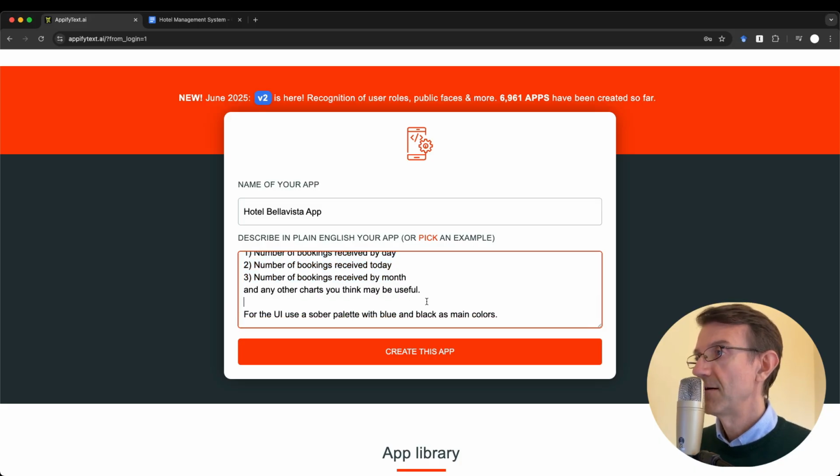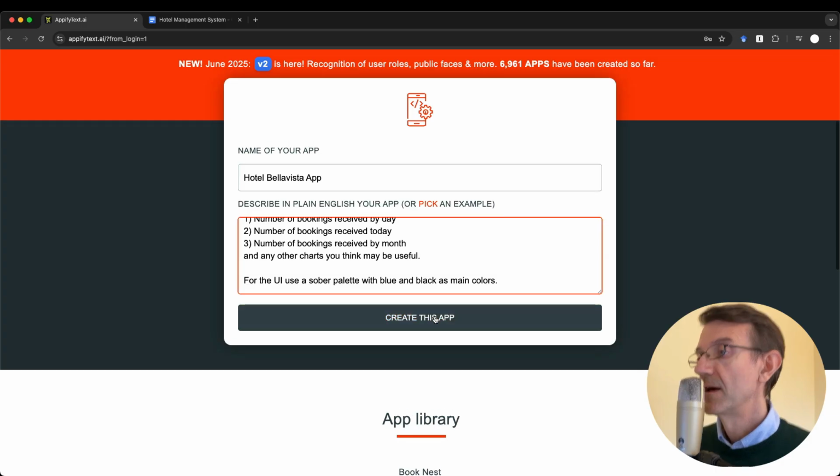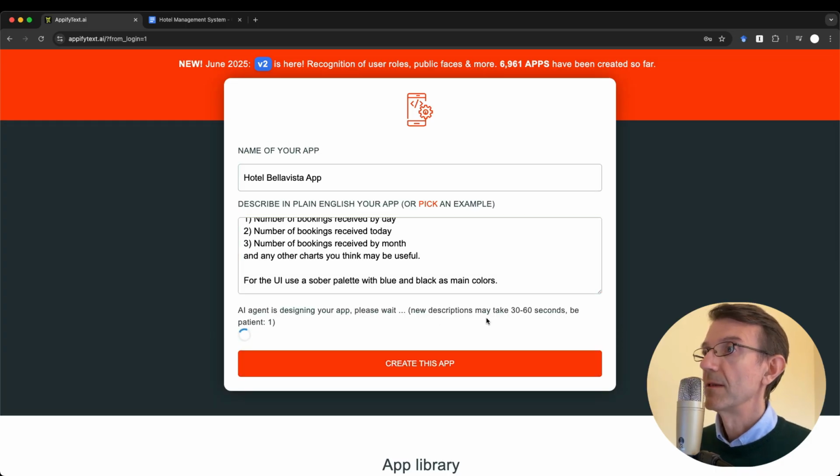And finally, some instructions about the UI. We say use a sober color palette with blue and black as main colors. Okay, now I'm going to click here, create this app, and AppifyText, usually in less than 1 minute, creates and deploys